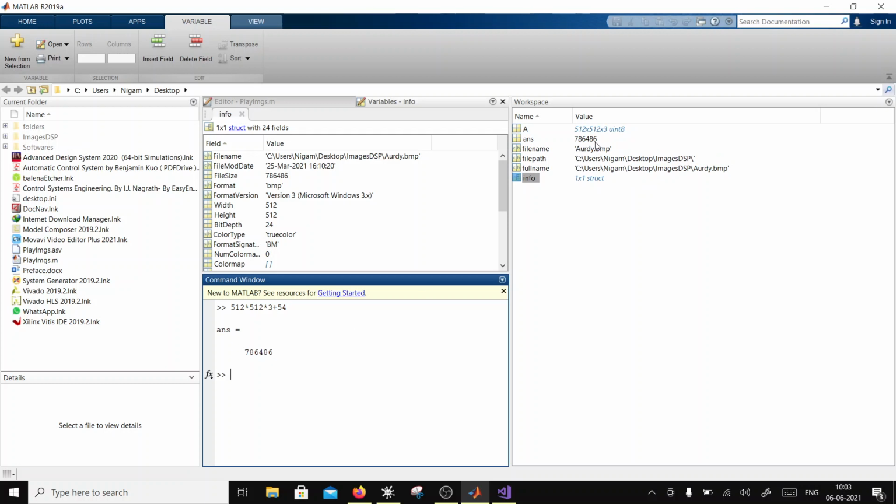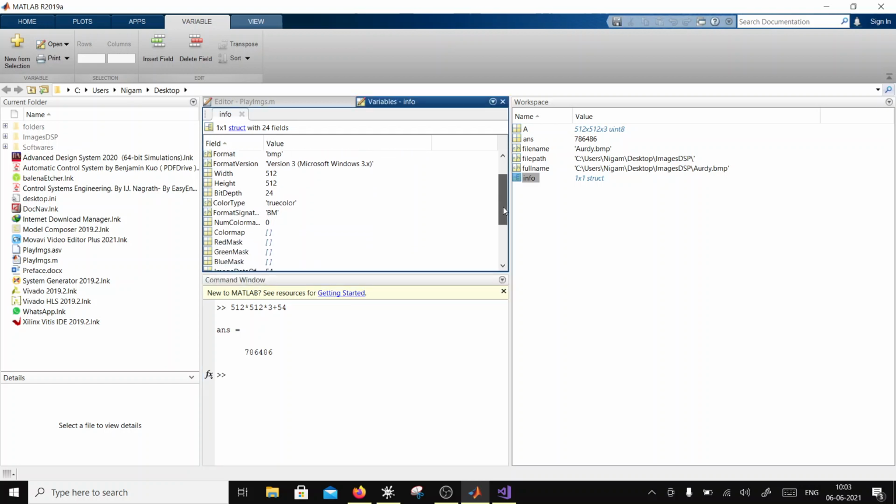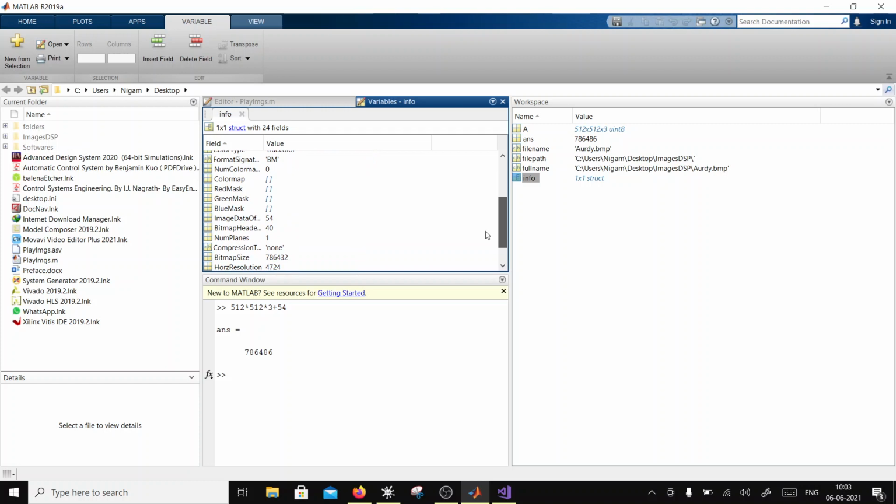786486 is the size of the image, right? What else does it say? It's a BMP, version 3, height and width are 512, depth is 3 bytes per pixel, true color. Format signature is BM. Then color map is null, so this is not an 8-bit image, and there are no masks. Here it says image data